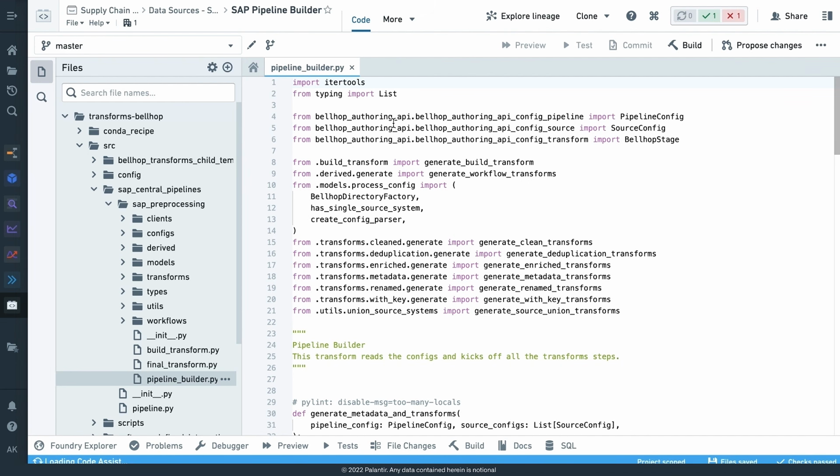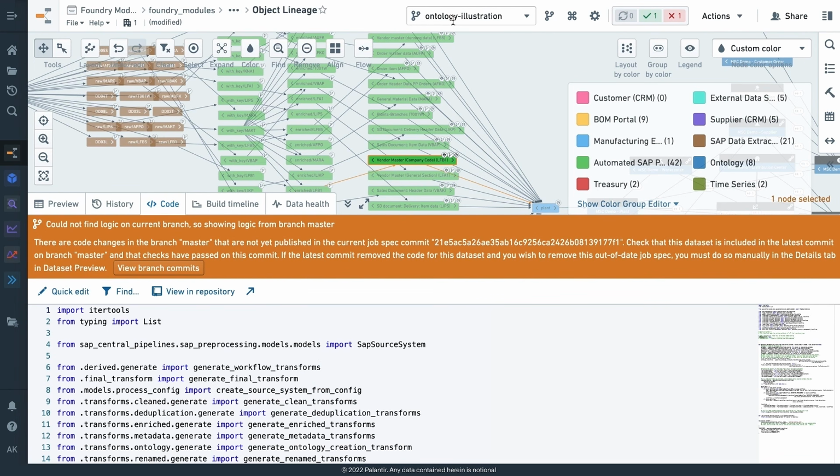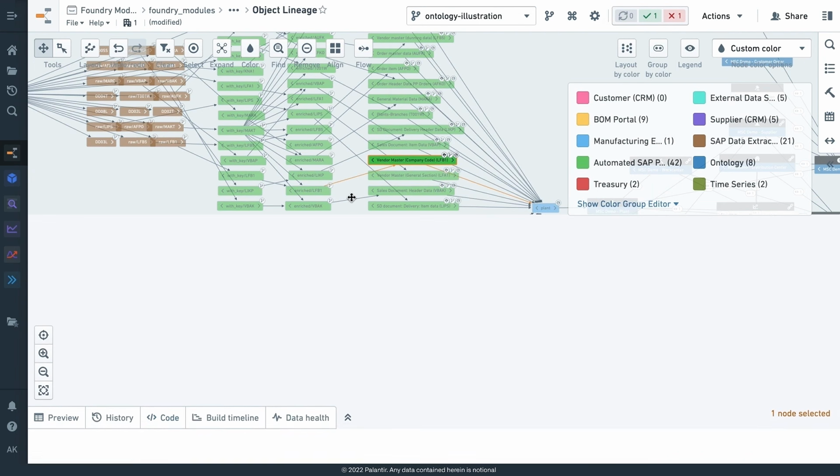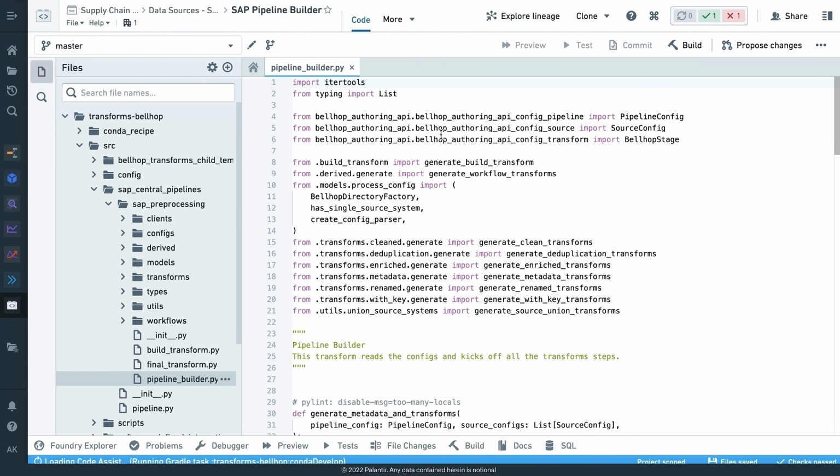So the key thing here is that you'll see, like we saw in Monocle, the previous application, this branch icon here at the top. And what this allows us to do is treat data the way that we treat code. And so instead of making changes on the master branch and trying to then propagate my changes through, which could cause all sorts of downstream issues if I'm not careful, what we've actually done is virtualize the entire change management process that would normally involve going to a UAT environment, but have done it directly here in one instance of Foundry using logical isolation in a cloud native paradigm.